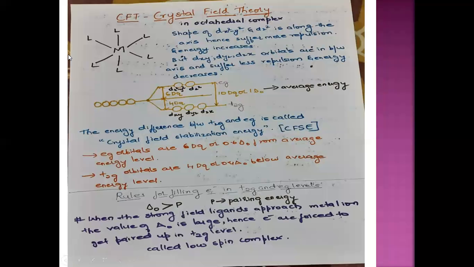Then what happens when it gets paired up? There are 3 empty d orbitals. So what should the hybridization be? It should start from d3. We know that there is no hybridization which starts from d3. That's why, to avoid that, what happens? The pairing does not take place. If pairing takes place, the hybridization is d3, which is impossible, right? So the next hybridization which is possible is d2. That's why, to avoid invalid hybridization, it will not pair up and all 3 electrons remain unpaired. That's why instead of diamagnetic, it shows paramagnetic property.